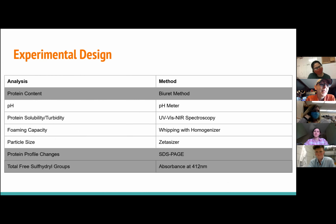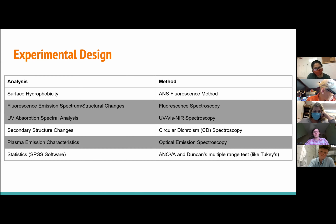So for experimental design, anything that has been grayed out is something I'm not going to talk about due to time constraints. But overall, they looked at pH, protein solubility and turbidity using spectroscopy, foaming capacity through whipping with a homogenizer in a graduated cylinder, and particle size measured with a zeta sizer. They also looked